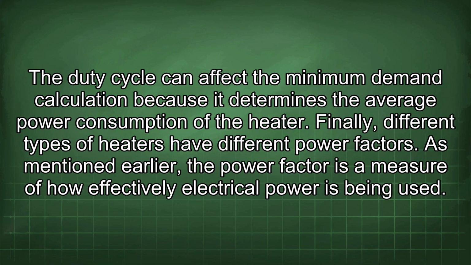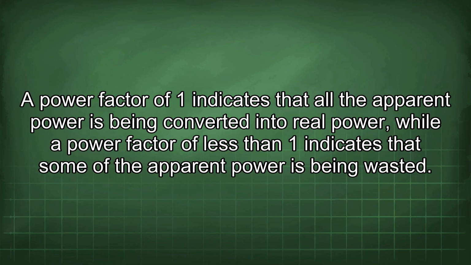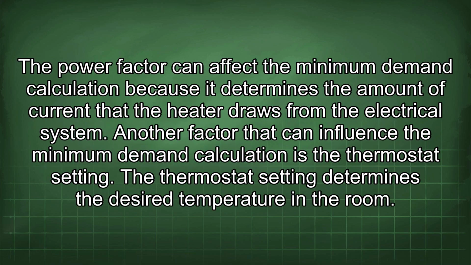The duty cycle can affect the minimum demand calculation because it determines the average power consumption of the heater. Finally, different types of heaters have different power factors. As mentioned earlier, the power factor is a measure of how effectively electrical power is being used. A power factor of 1 indicates that all the apparent power is being converted into real power, while a power factor of less than 1 indicates that some of the apparent power is being wasted. The power factor can affect the minimum demand calculation because it determines the amount of current that the heater draws